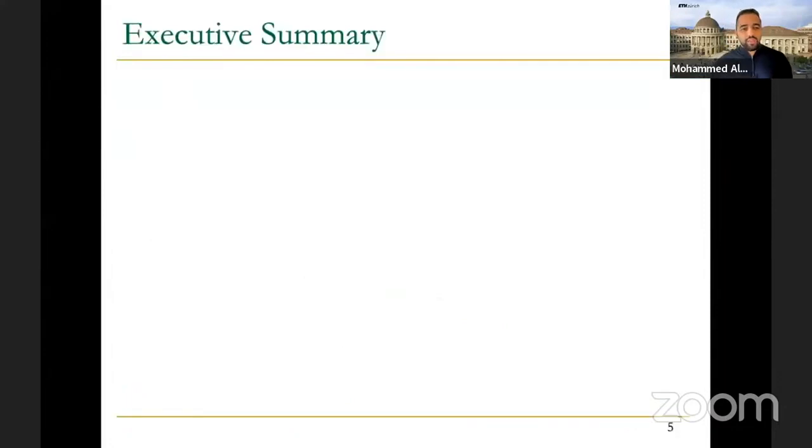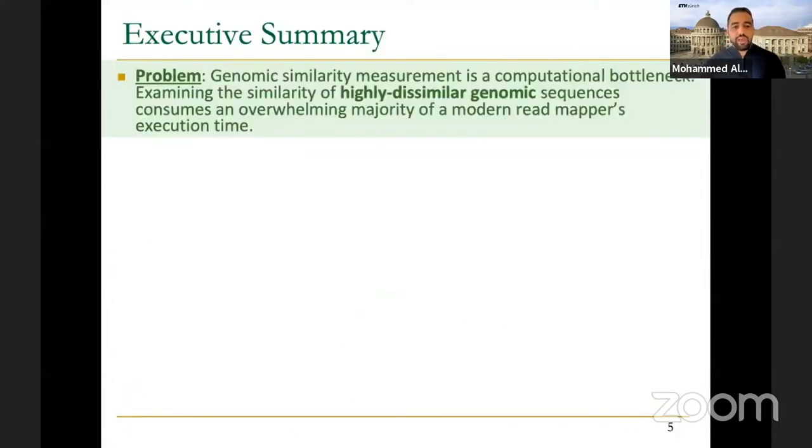Okay, so what is the executive summary? The problem is that genomic similarity measurement is a computational bottleneck, so it's really expensive. And we would like to solve this expensive problem. The challenge is that we cannot replace this expensive algorithm with something inexpensive, but rather we can reduce the number of times we use this expensive algorithm. So we observed that examining the similarity of highly dissimilar genomic sequences, and when I say highly dissimilar,